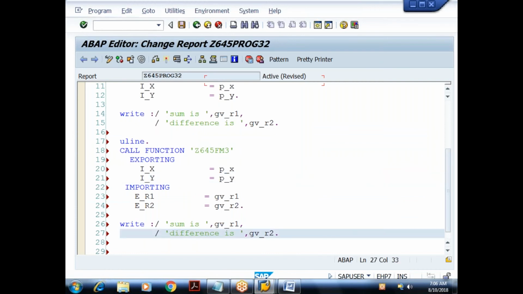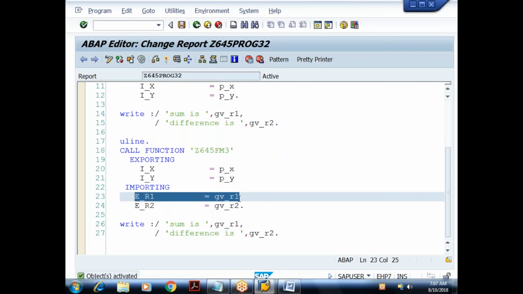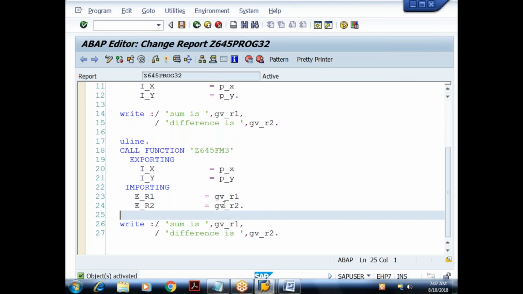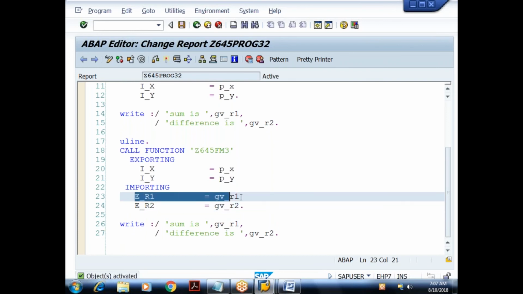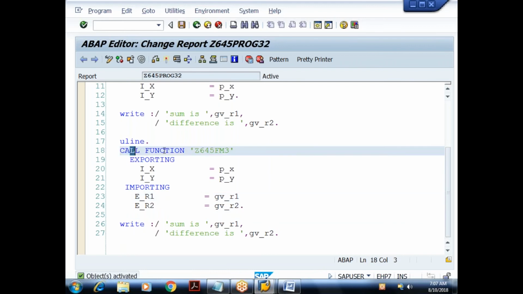I am displaying. Okay, so don't read this separately. If you read this separately, the understanding would be that we are assigning this gv_r1 to e_r1. Don't read it that way. This is not a separate statement. It is a part of the syntax. So how do we read it?